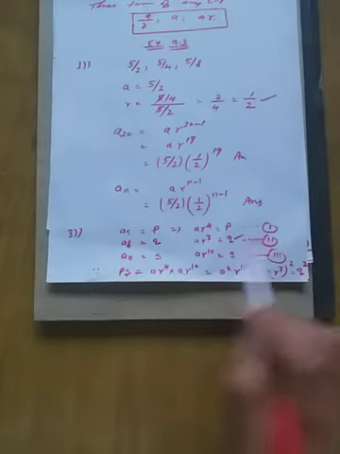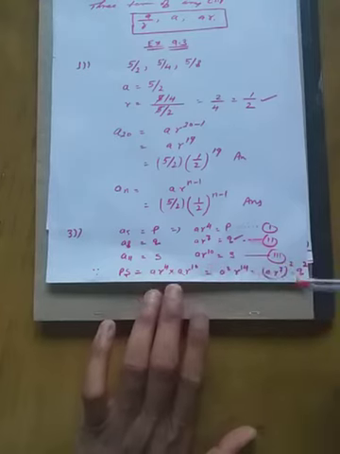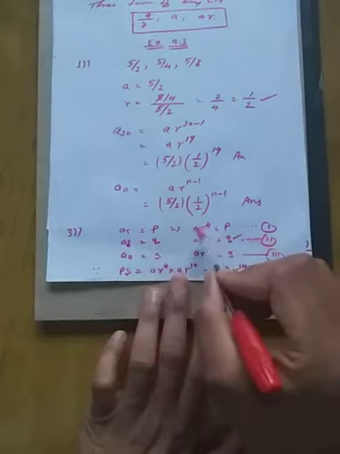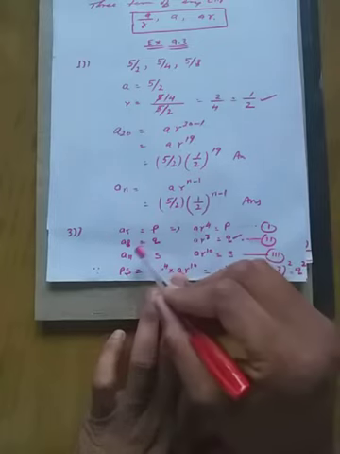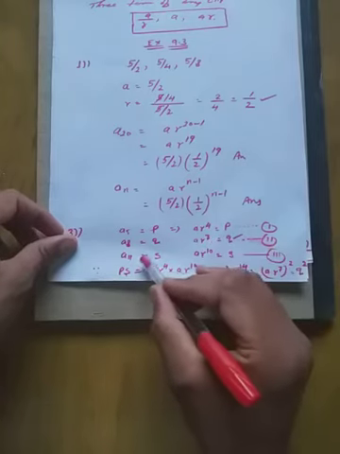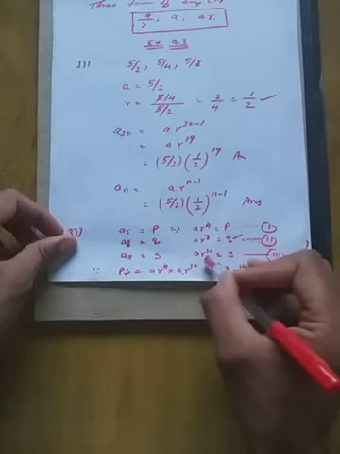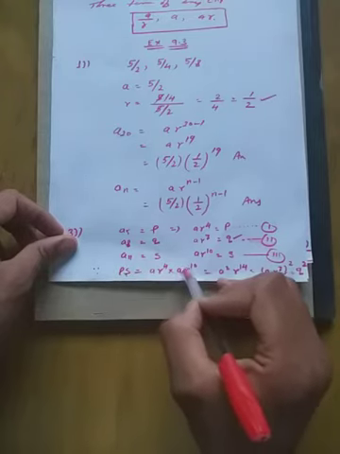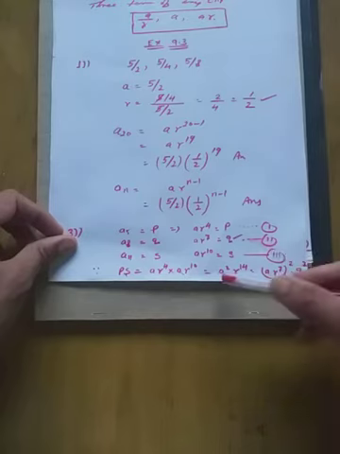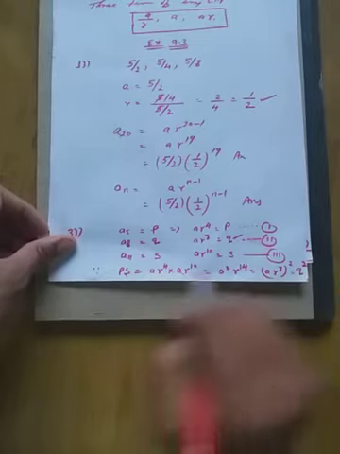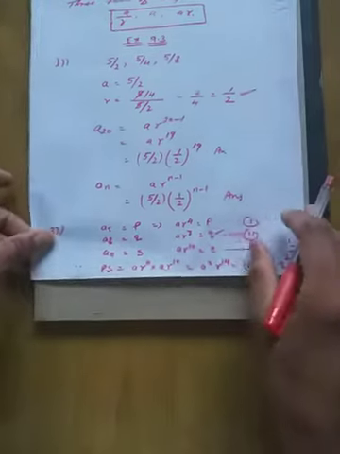Now, question number third. In this question, I have to prove that Q square equal to PS. Since fifth term is P, that is AR to the power 4 equal to P, 8th term Q, that is AR to the power 7 equal to Q, 11th term S, AR to the power 10 equal to S. Since PS equal to AR to the power 4 into AR to the power 10 equal to A square R to the power 14 equal to AR to the power 7 whole square equal to Q square, right? Hence Q square equal to PS.